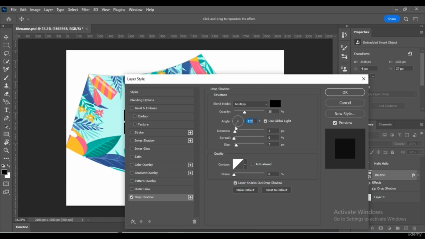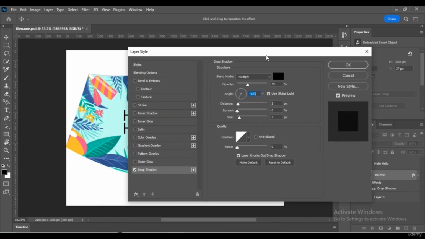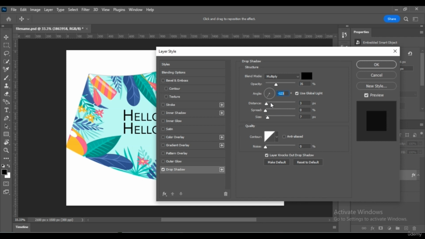So if the angle is over here, directed to the bottom left of the screen, you can see the shadow is at the top right of the object. Distance. Distance shows the distance of the shadow to the object.